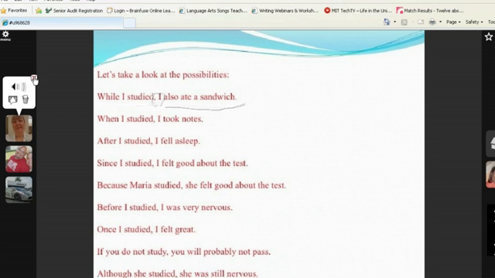Again, that's our dependent clause. We have our comma. When I studied what? Well, we could say I took notes, I fell asleep, I felt good about the test, I ate a sandwich. As you can see, there are many things that you could link that to, many other ideas that would change the meaning of the sentence.